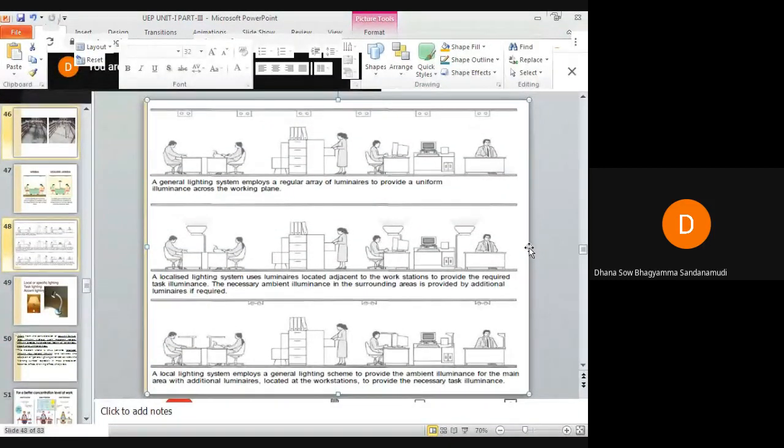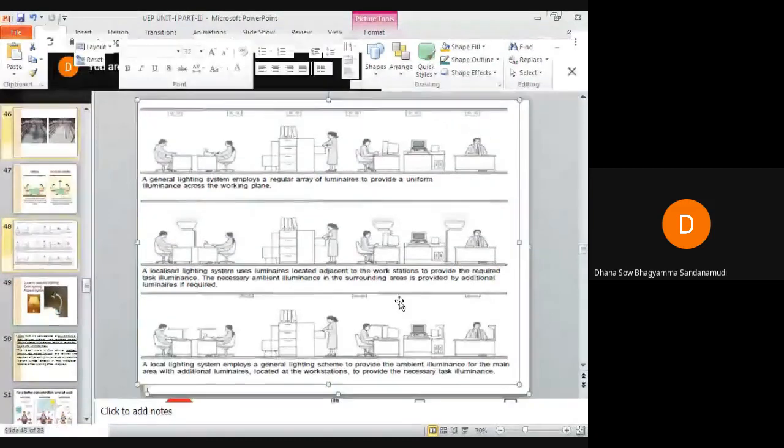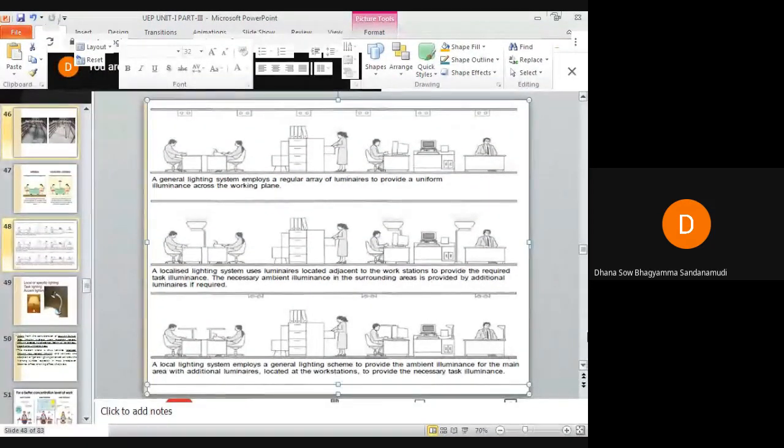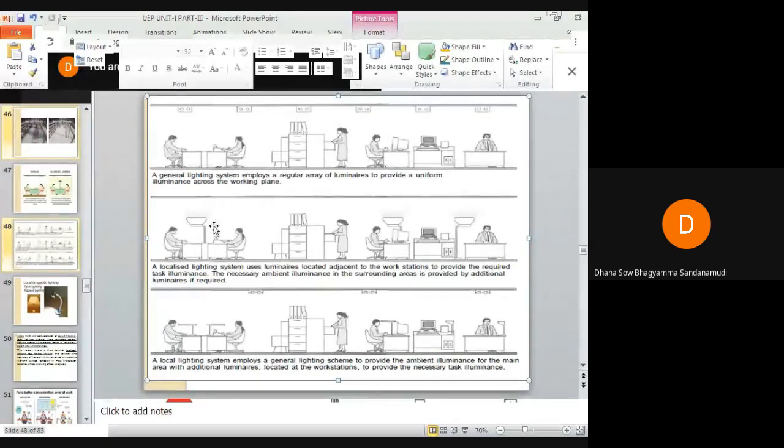It is the best way to use both generalized lighting as well as localized lighting. If you don't want to disturb other people in the same room, if they are sleeping and don't want the light, then